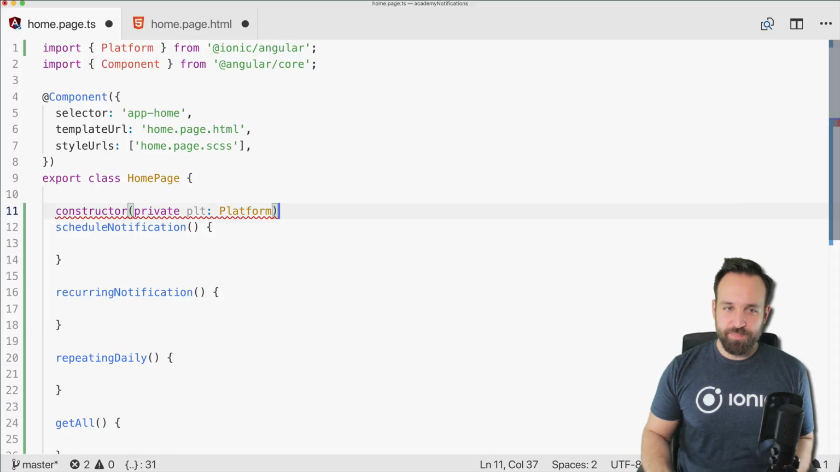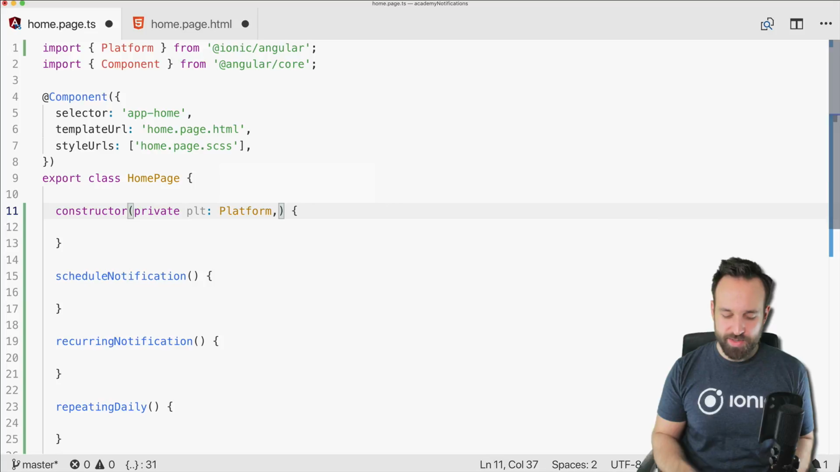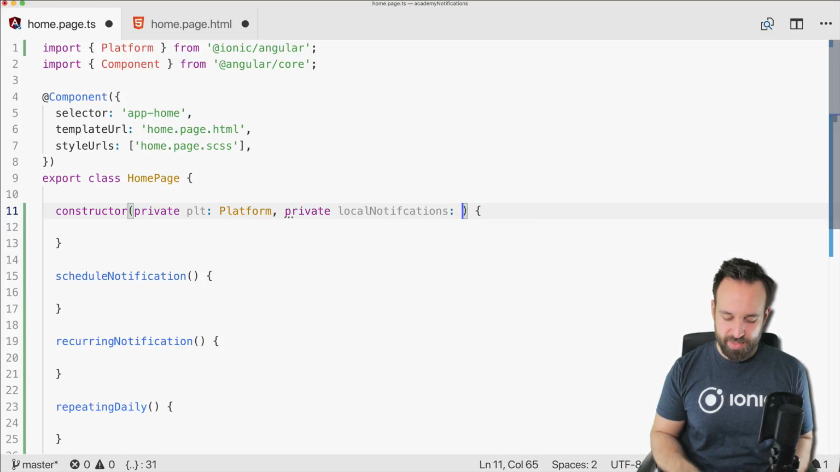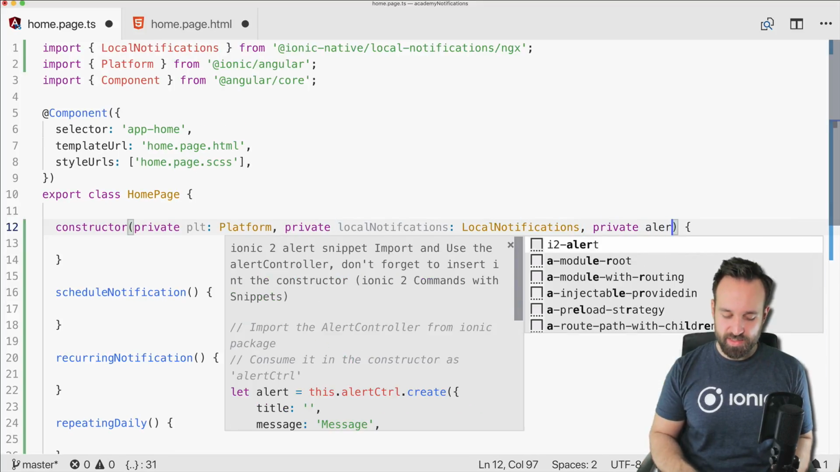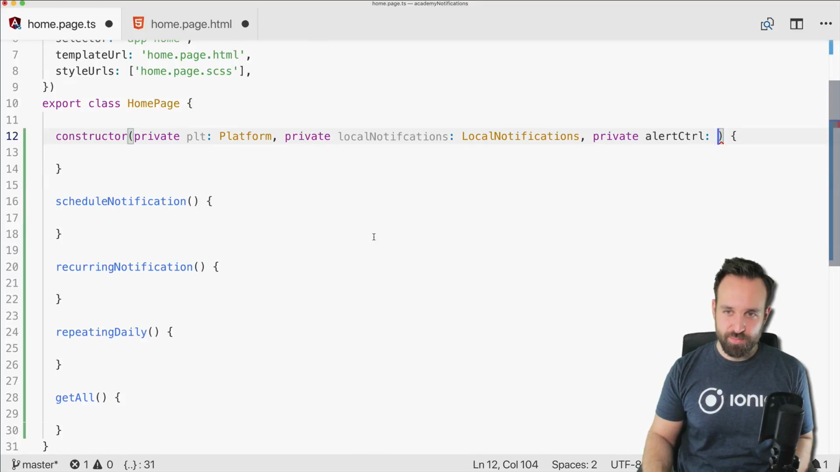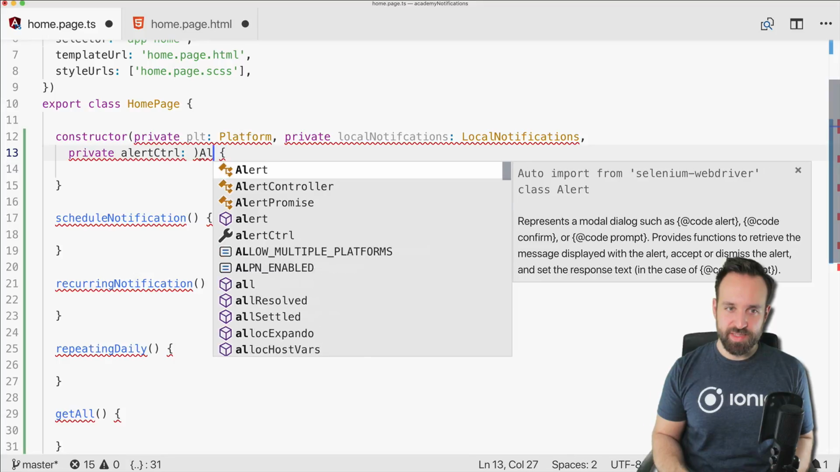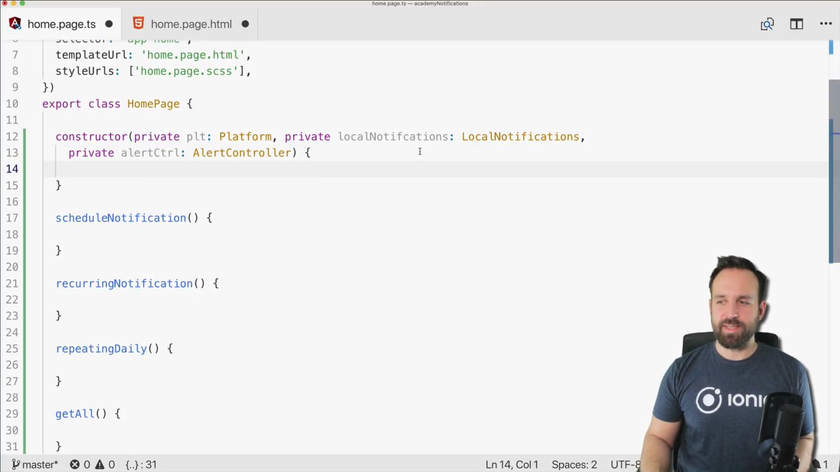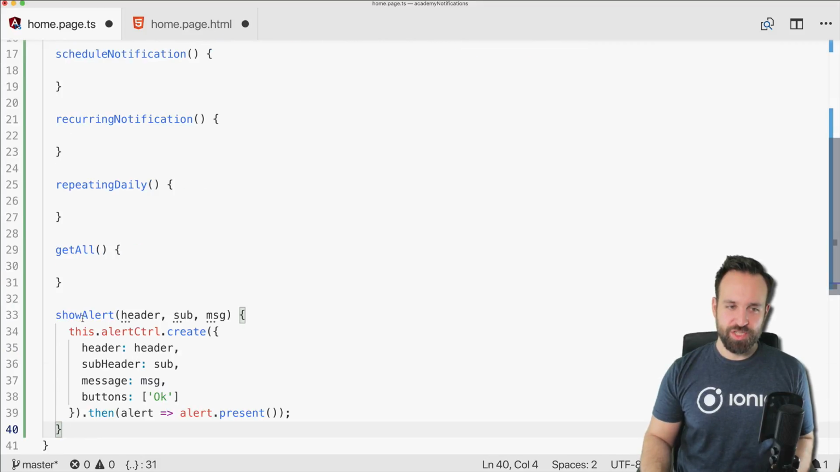So we will need the platform. You might be wondering why, but I will show you why. Then of course we need the local notifications package, and then we need the alert controller. We don't need it, but it's a nice behavior that we want to implement in here. So alert controller. All right, maybe let me just bring in the easiest helper function, which is showing an